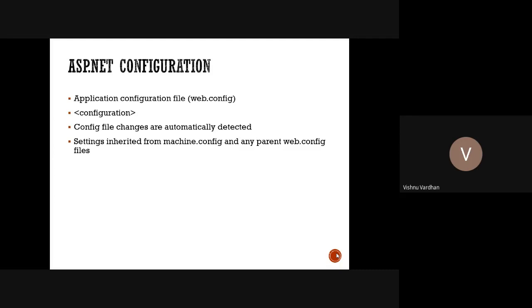So there are different settings that we can apply whenever we are going to create any web application in ASP.NET.